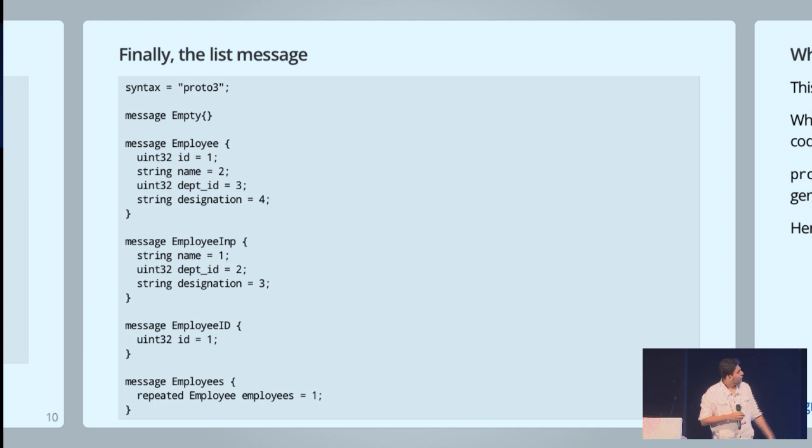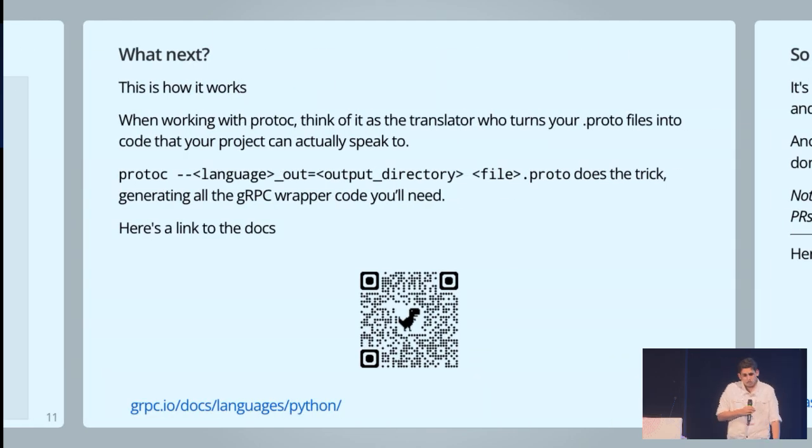Cool. So once you have the proto file, you are okay to start writing the server in any language of your choice. For that, there's this tool called proto-C, which is again by Google. It basically takes the language you need as an input, and it generates all these RPC files, PB files, right? If you go through the documentation here, it'll guide you through doing this process in all languages. But it's very tedious because first of all, you have to write this command, you have to have CI/CD around it, you have to generate the PB files, and you have to place them in the right place so that you can actually import them in your code. So all those pain points come into play.